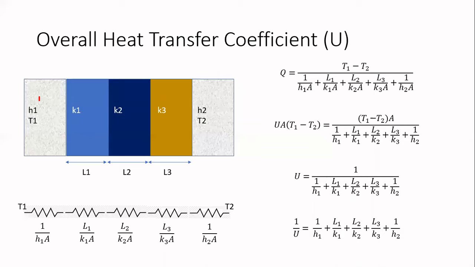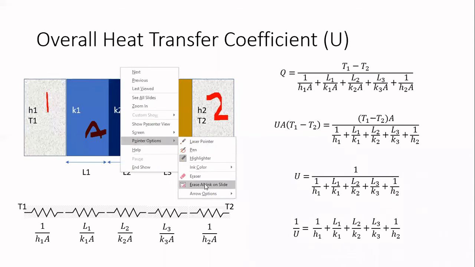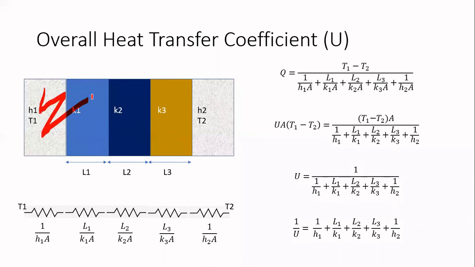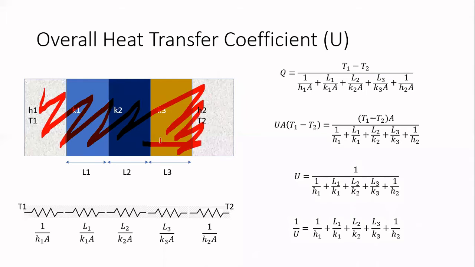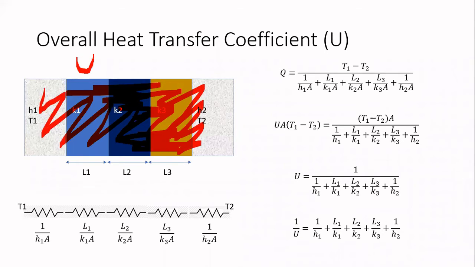Okay, here we have got different materials. We have got one gas, the second gas, again one solid material, other solid material, and one more solid material. So in total, we have got 5 different materials, and overall we will have 5 different resistances for flow of heat. Now, what we can do, instead of considering all these 5 materials, we can assume that there is a single material. So throughout this, we have got a single material, which is a gas. And for this given gas, the heat transfer coefficient value is given by capital U.